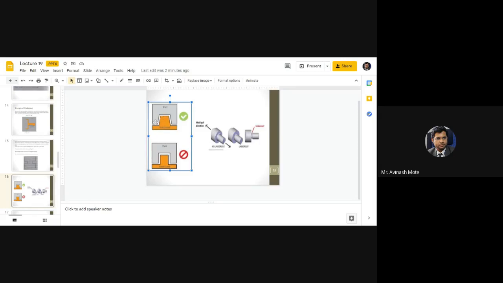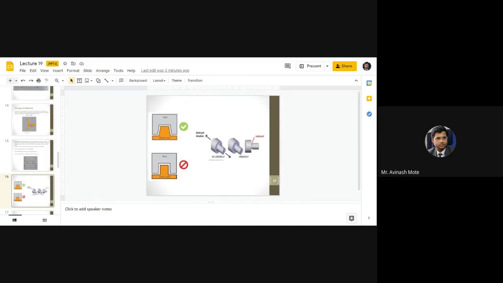Draft angle is like an inclination, so that we can easily remove the component. So one case will be, whenever there is an undercut, you can go for the draft angle, so that you can easily remove the component from the mold. Because the problem whenever there is an undercut is with removing the component from the mold. There are cylindrical undercuts, rectangular undercuts, circular undercuts. Here it is a circular or cylindrical undercut. Getting it?